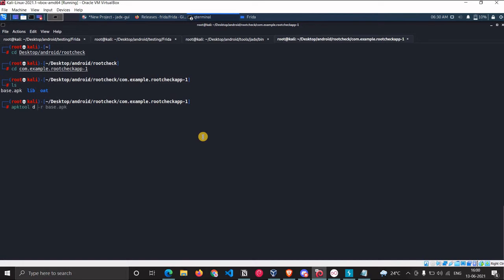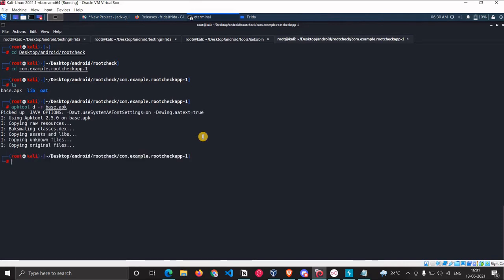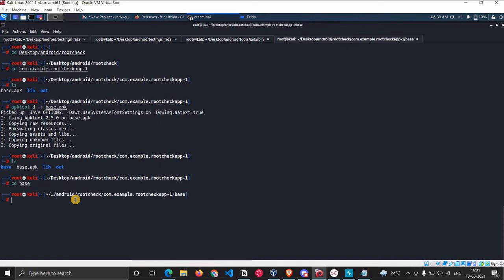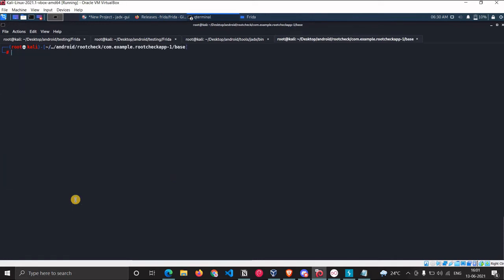We'll do apktool decompile. We don't want to decompile the resources, we just want the sources, we just want the Smali code. That's why we are giving this base.apk. Now it is decompiling. Let's wait. Yes, it has decompiled. We got this folder as base, inside which we get the decompiled files for that particular application.